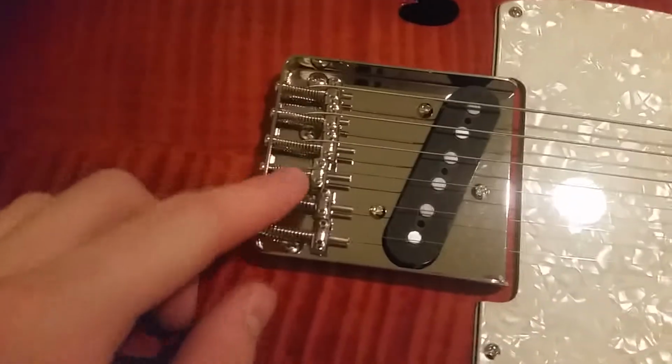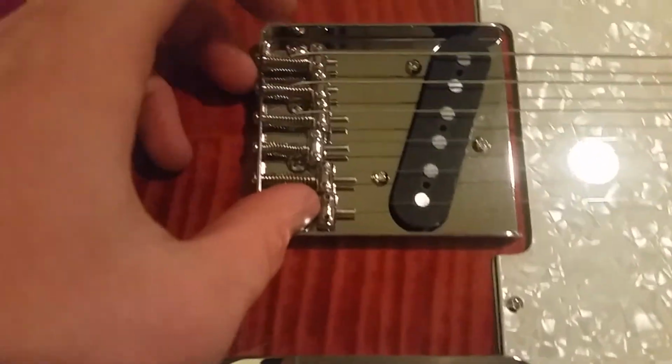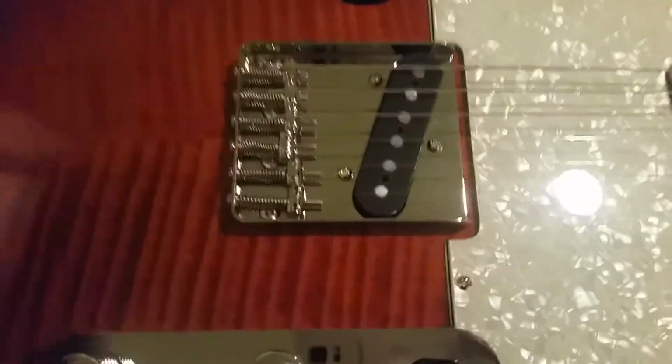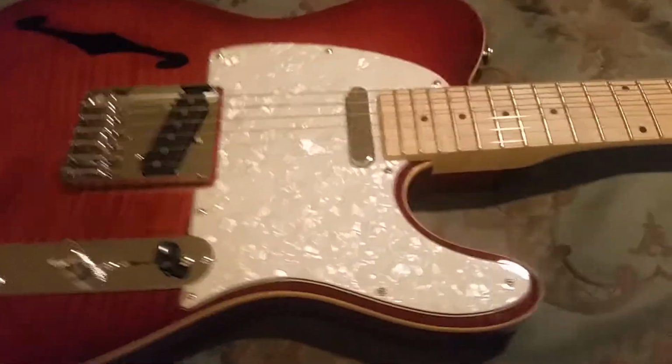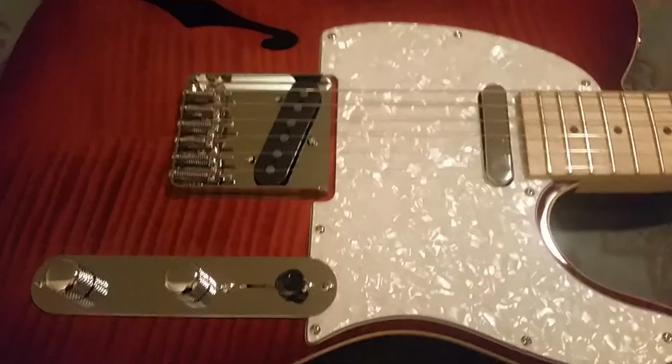The bridge here is what's most different from the real Telecaster. The bridge is totally different. It's got T saddles, but there's 6 of them instead of the big saddles on the Fenders. It sounds nice and it stays in tune really well, much better than the SX. It sounds great. It's got a bit more clarity than the SX does, and